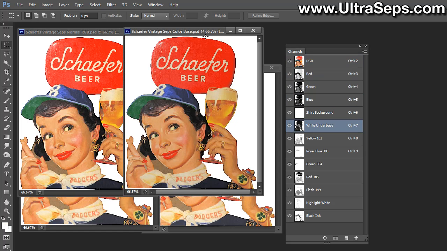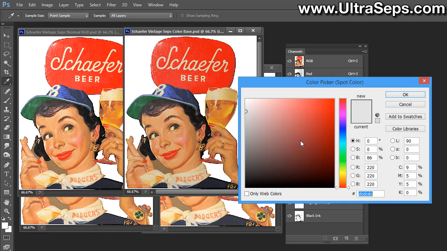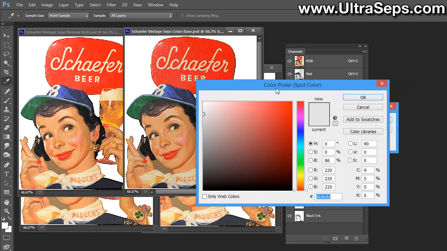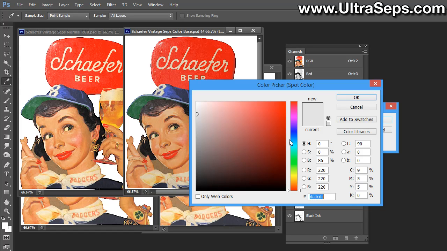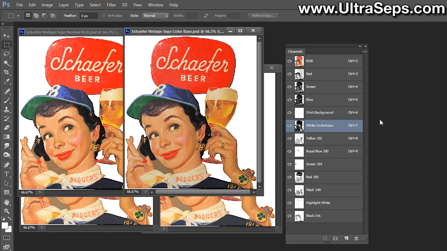And then we have the same file, but we changed the color of the underbase and the highlight to a very light gray. If I double click that, you'll see I clicked the color chip there, and you see I changed it from an absolute white to a very washed out gray, and I'll get to why this was done later on. But for now, let's go to Adobe Illustrator,